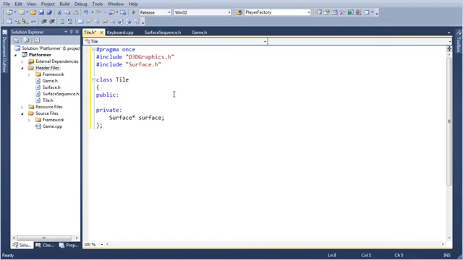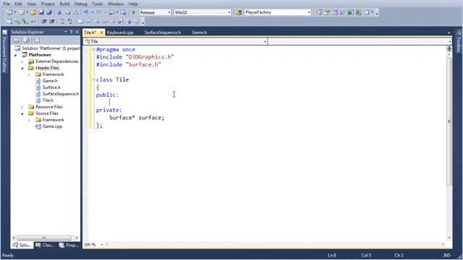Public. What are we going to do? Float. Yeah. Now I'm wondering how I want to store the collision rectangle.